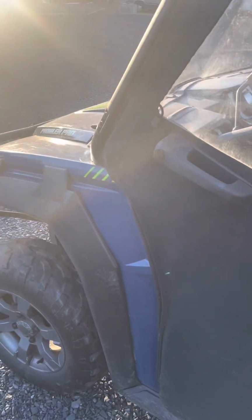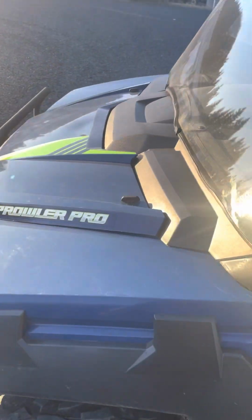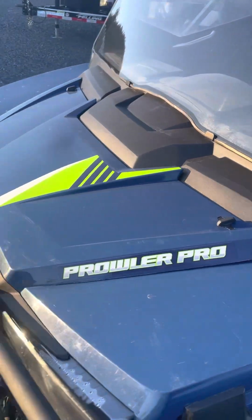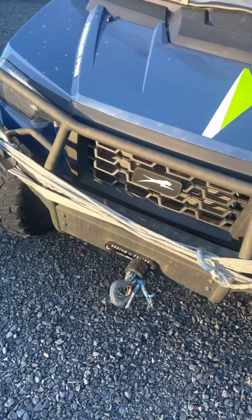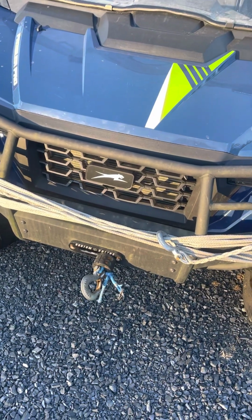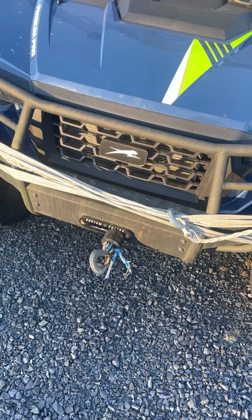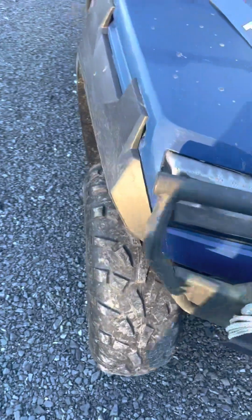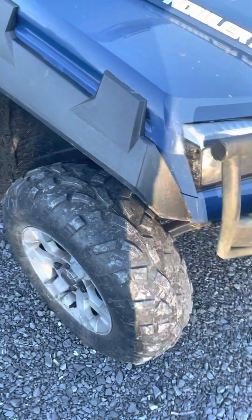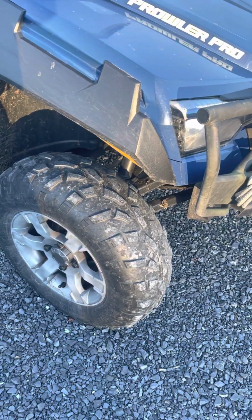I put the cab heater kit in it, which, the motor fans were a little flimsy, so I kind of had to redo my own setup there. I changed the winch line out to Spectra and did a Hawse fairlead and just kind of changed some things up. The front tires on this are actually wearing really quickly for how much I've driven it,